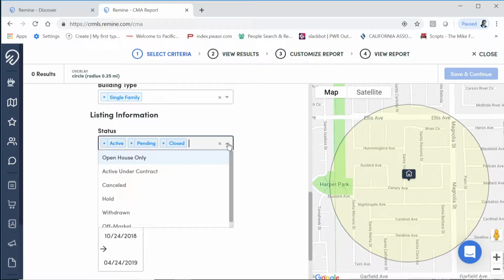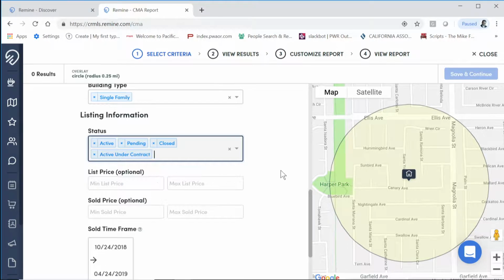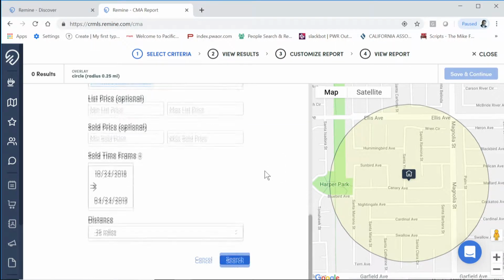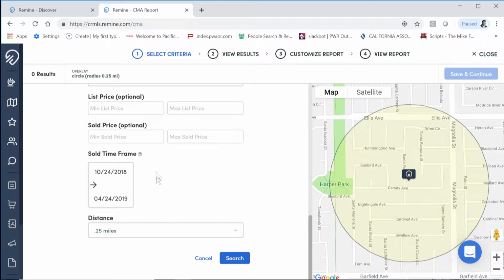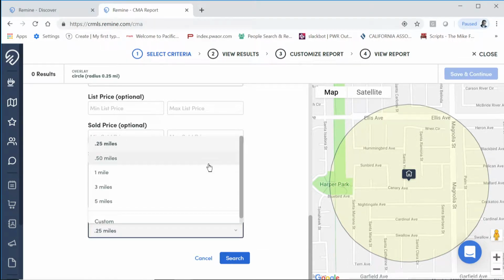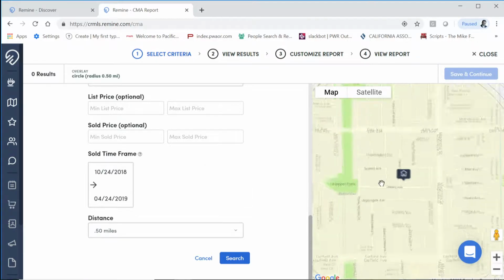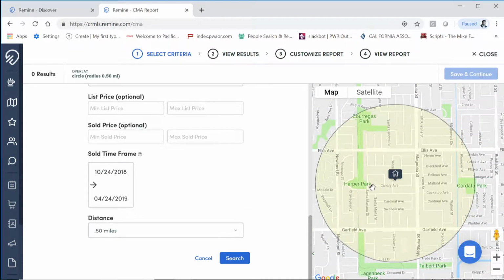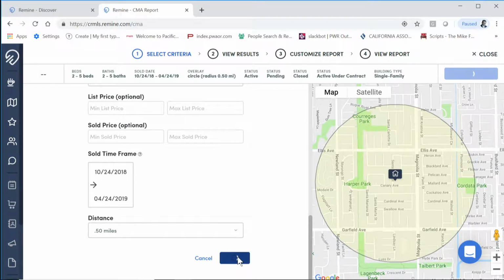With the status, I would actually add active under contract as well. Get more properties on the time frame that it's sold, but don't worry about it. What I want to do is get half a mile radius. And that's what most appraisers use. In my case, I would recommend that, but it's all up to you. Do a search,